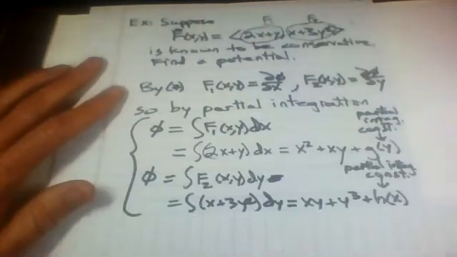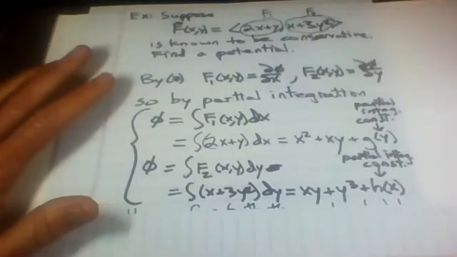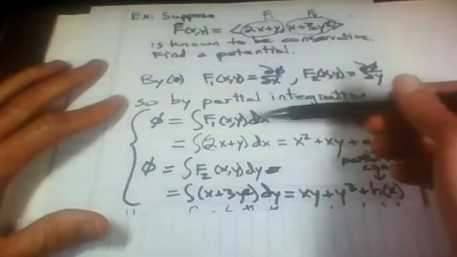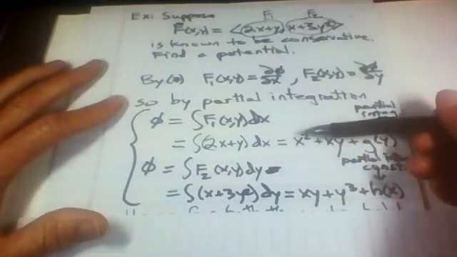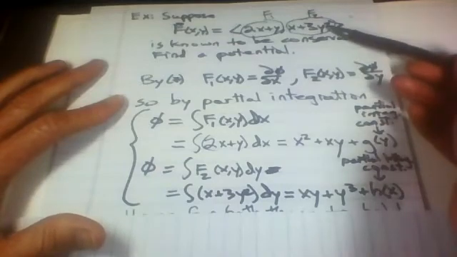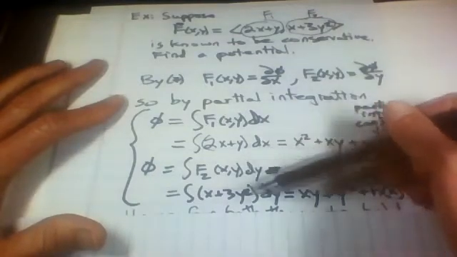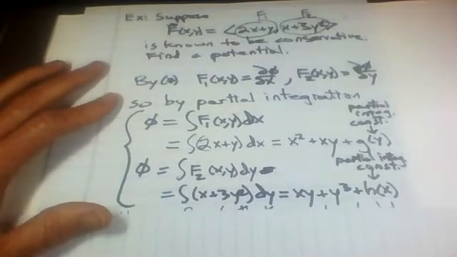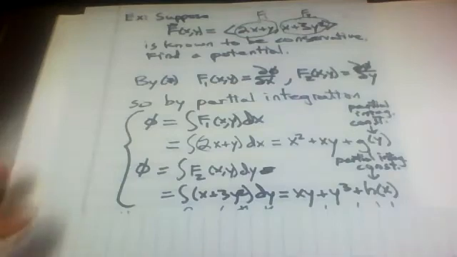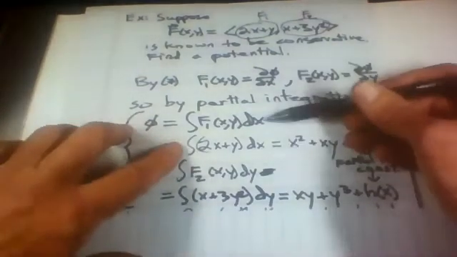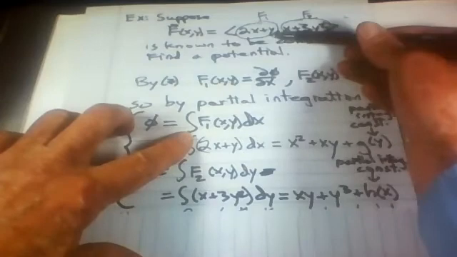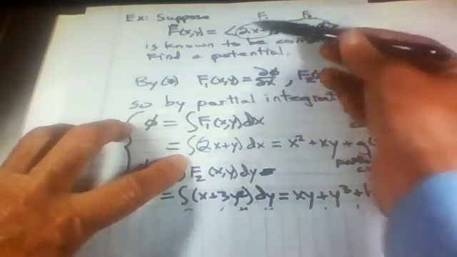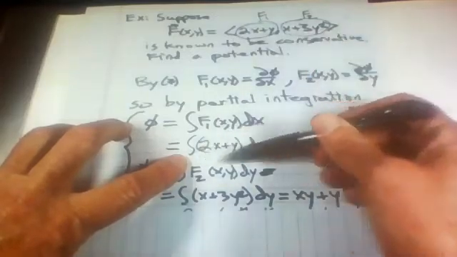So I'm going to do that integration. I'll integrate the first component of the vector field with respect to x, and I'll get phi back. And I'll also integrate the second component with respect to y, a partial integral, and get it back. And actually, I need both of these to get the entire function, because if I take the partial integral of the first component, which is 2x plus y, with respect to x,